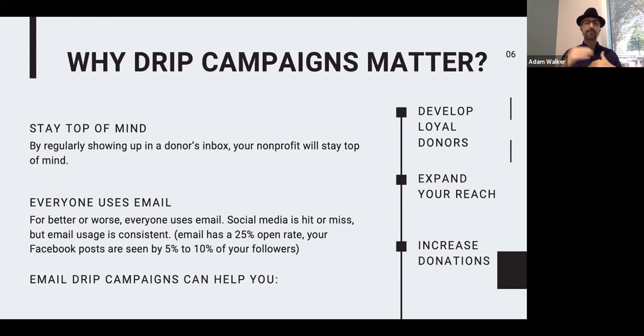Grandparents use email, and everybody in between uses email. Not everybody uses all of social media. And lest we think we're going to get more bang for our buck on social, the reality is on Facebook, when you post, your posts are seen by 5 to 10% of your followers. That's it. 5 to 10% of your followers see your Facebook posts versus 25% of your email subscribers opening your email. So that's a significant